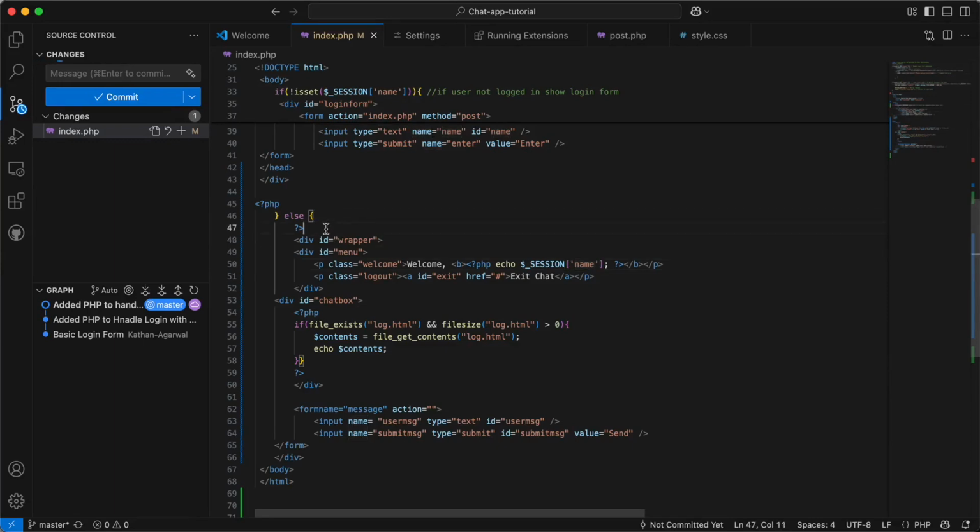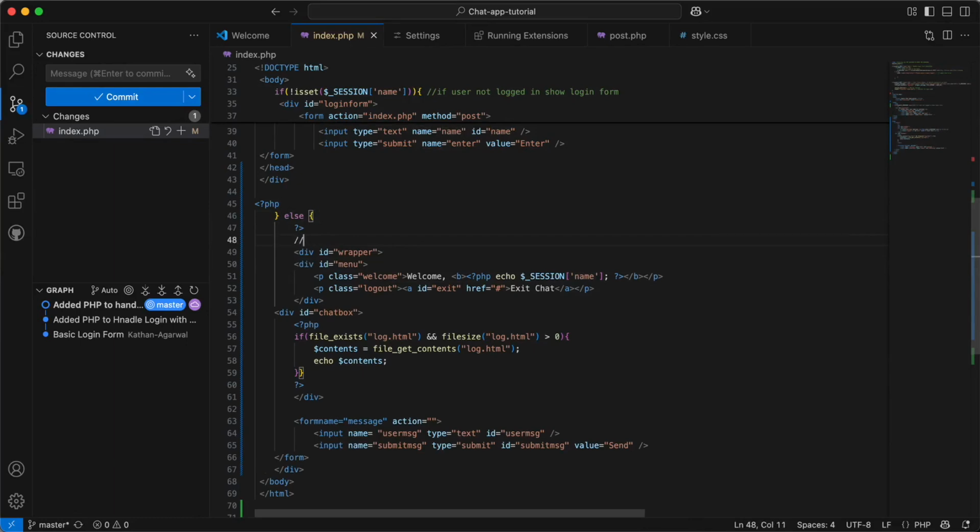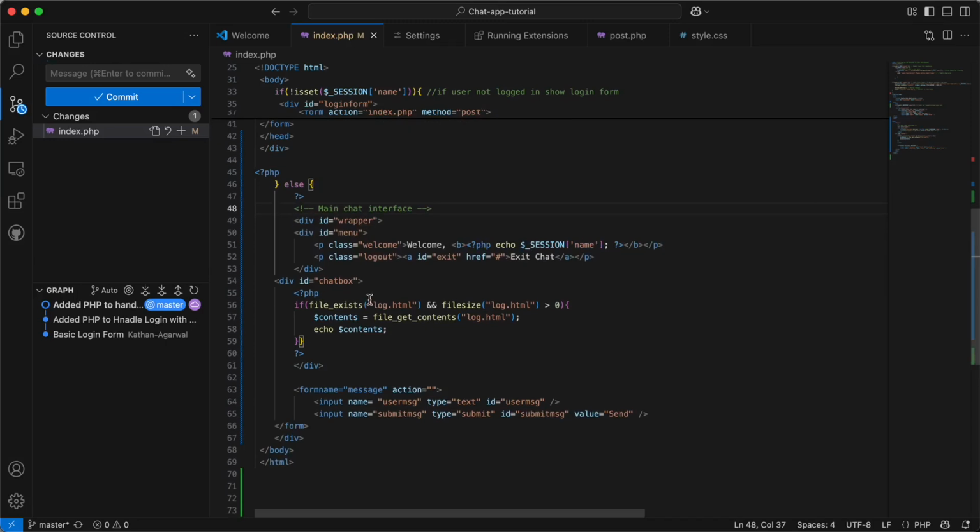This will be the main chat interface, and I'll be closing this tab here, and here I'll be adding load existing message if chat log file